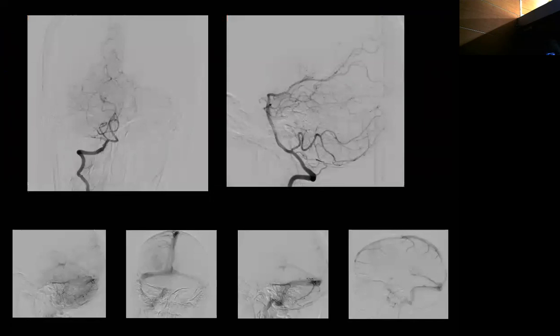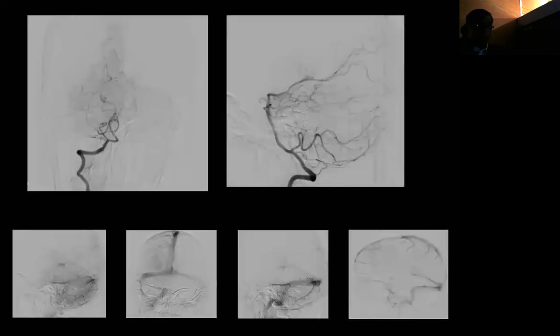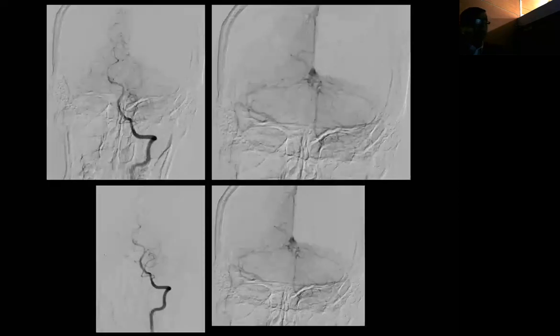So this is a vertebral angiogram. This is an AP view and a lateral view. It shows patency of the basal dural sinuses, straight sinus and inferior sagittal sinus. This is a late phase of anterior cerebral injection, not posterior circulation injection, and because there is a blush here, the parasagittal sinus is patent, and this was seen by MRV. But you can see that it's compressed a little bit.